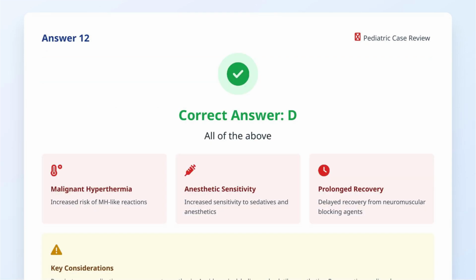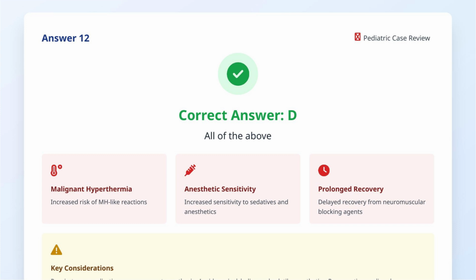All of the above. Children with myotonic dystrophy have increased anesthetic risks, including potential malignant hyperthermia-like reactions, increased sensitivity to sedatives and anesthetics, and prolonged recovery from neuromuscular blocking agents. Respiratory complications are particularly common. Preoperative cardiopulmonary assessment is essential, and procedures should be performed in centers familiar with the condition under the supervision of